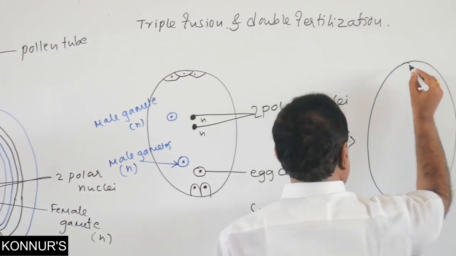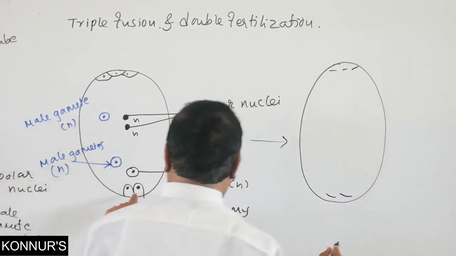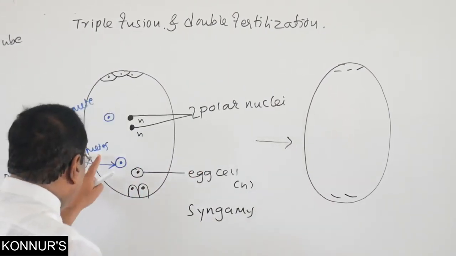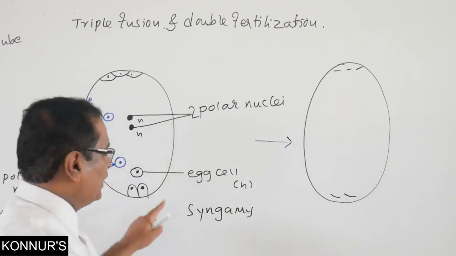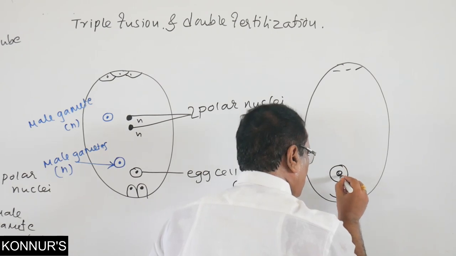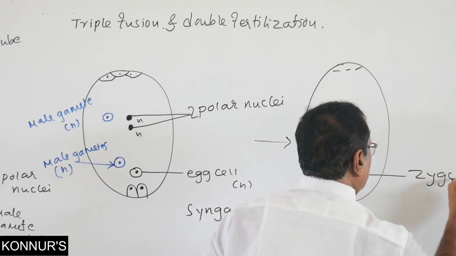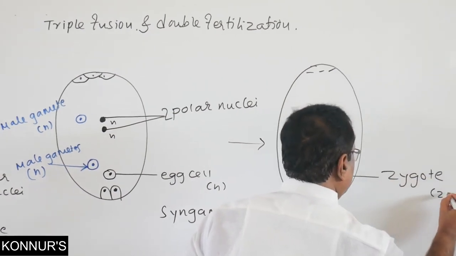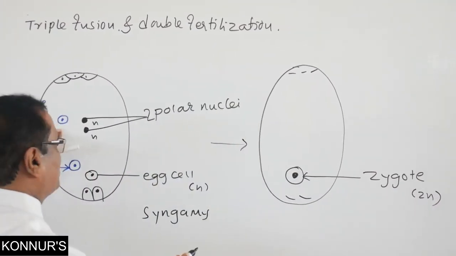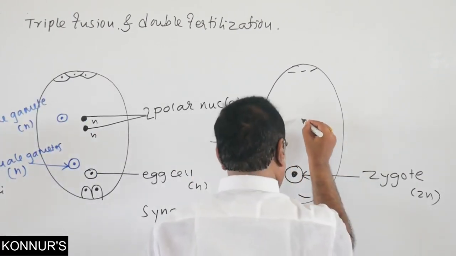Here, three antipodals get degenerated, even two synergids get degenerated, and this haploid male gamete fuses with the haploid egg cell, leading to the formation of zygote. This is zygote. It is diploid, and one haploid male gamete fuses with two polar nuclei, leading to the formation of